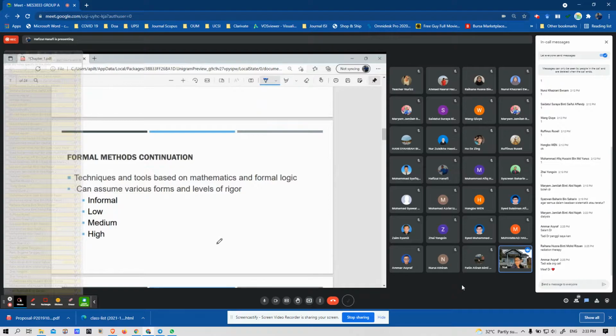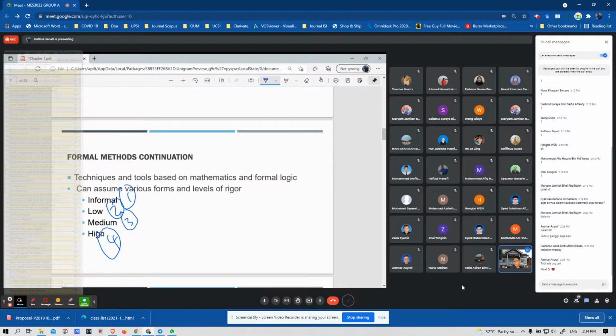Okay, it is based on the technique and tools. And absolutely, we are looking for the mathematical and formal logic. In here, we have a lot of inferences, inductive, deductive process. And then we can assume the various form and level of rigorous. They have leveling into four. First one, informal. Second is low, medium, and high. This one is various form of level of